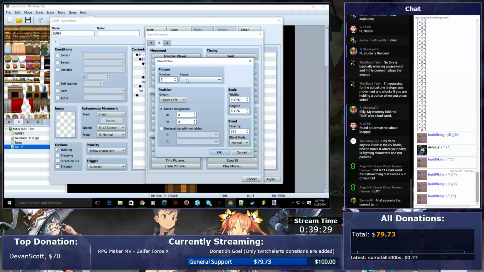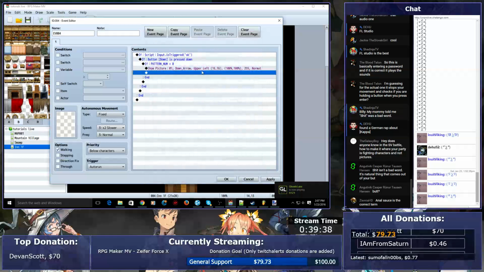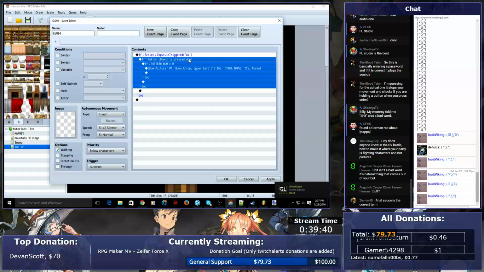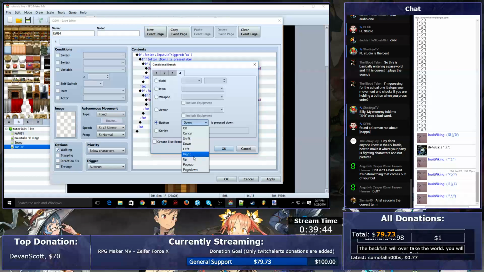Anal sauce, you're nasty. Anyway, then it shows picture number 1 at X16, Y16. And it's going to be the down arrow, because if you're pressing down, it's going to show the down one. Copy and paste that and put it under here. So, and we're going to change it. If you're facing up...